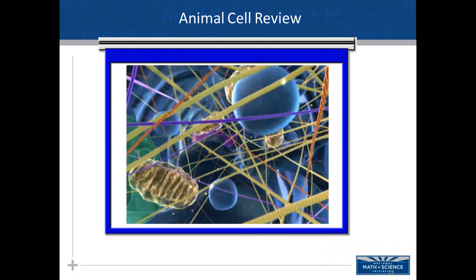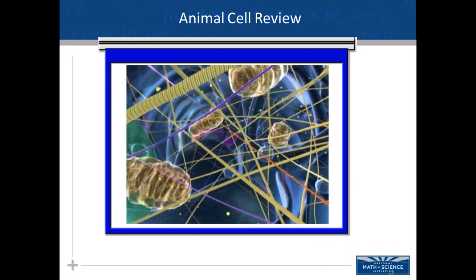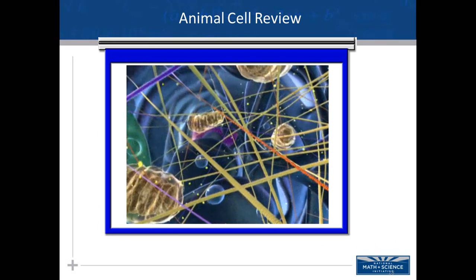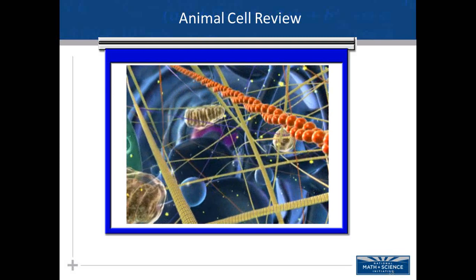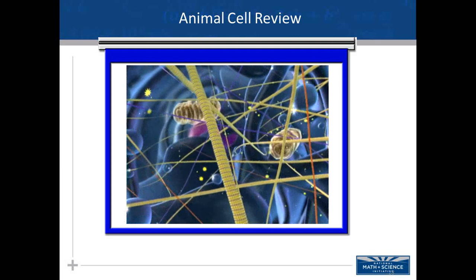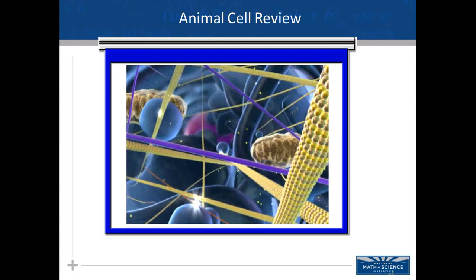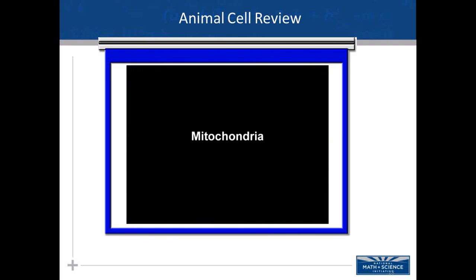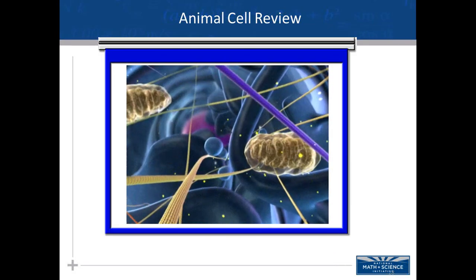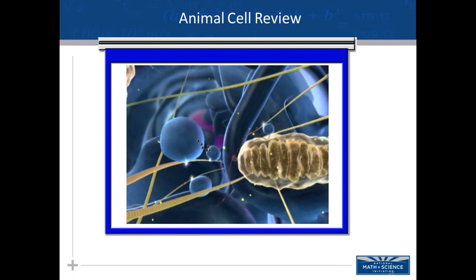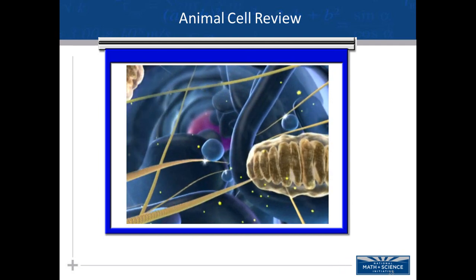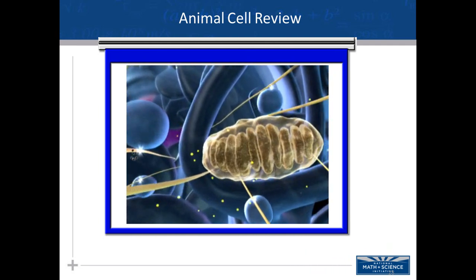Whoa, look at this place. These girders and cables make up the cytoskeleton, the structural framework of the cell. They also serve as tracks for transporting cargo from one place to another. All this activity in the cell requires energy in the form of ATP molecules, which are made here in the